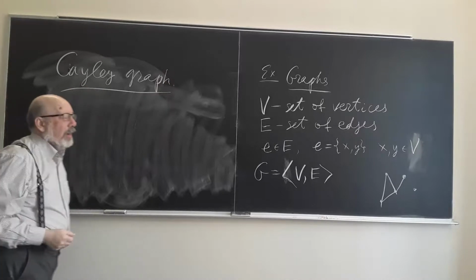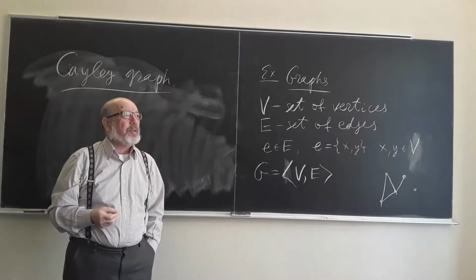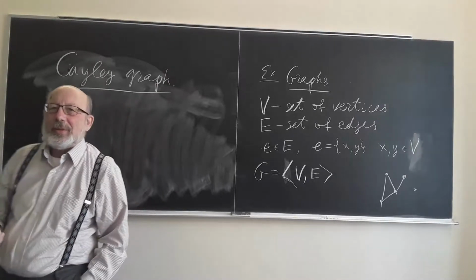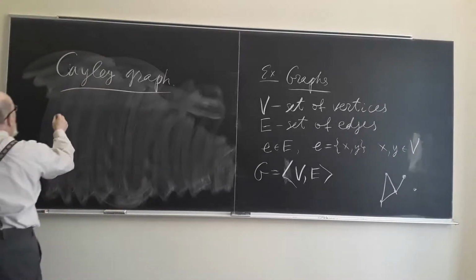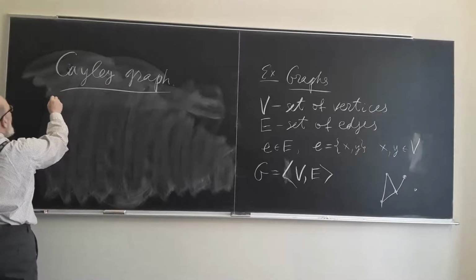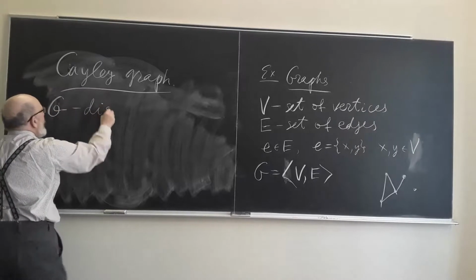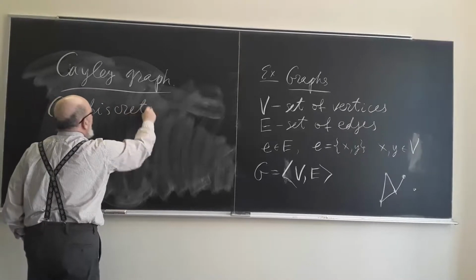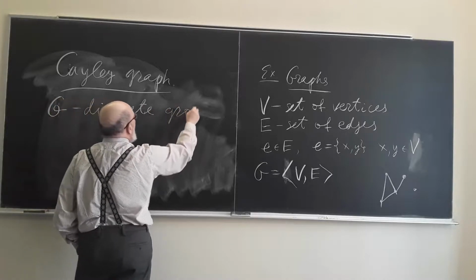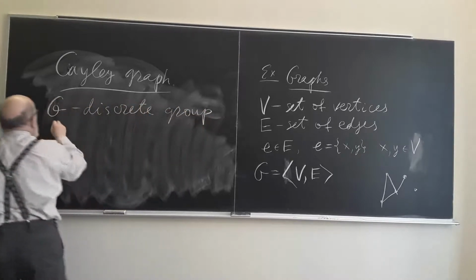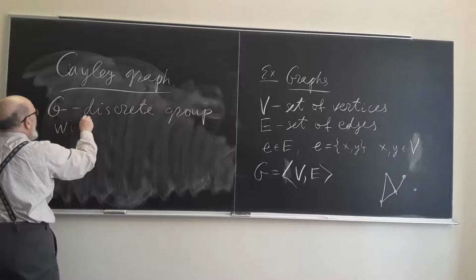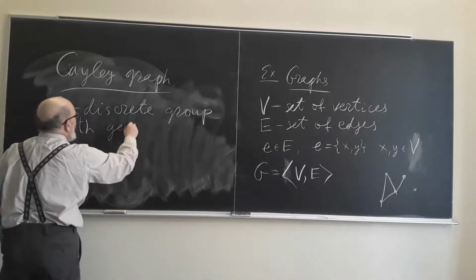What is a Cayley graph? Suppose you have a discrete group G with generators,